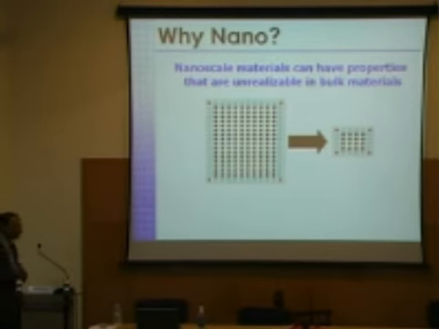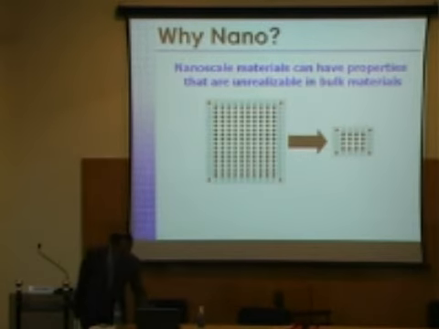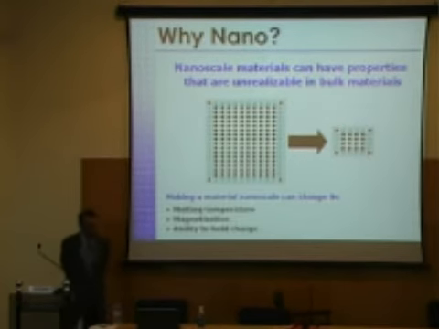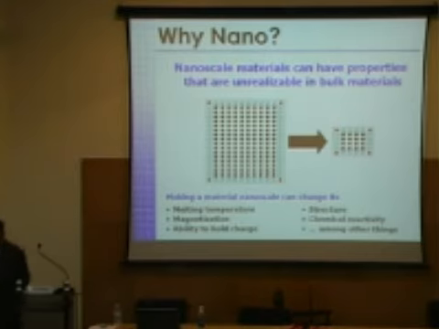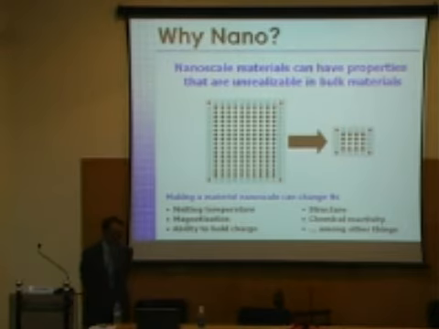As you all know, gold, which is yellow in color, at the nanoscale glitters not yellow, but red. I don't know if you have seen nanoparticles of gold, they exhibit a red color. So it tells you it changes your optical band gap. And what else can it change? It changes the melting point. For a long time, classical chemists and physicists were thinking that the melting point is an intensive property of a material.